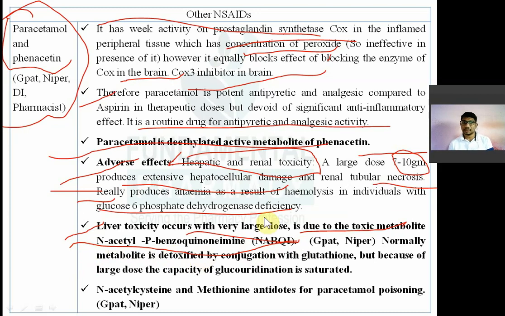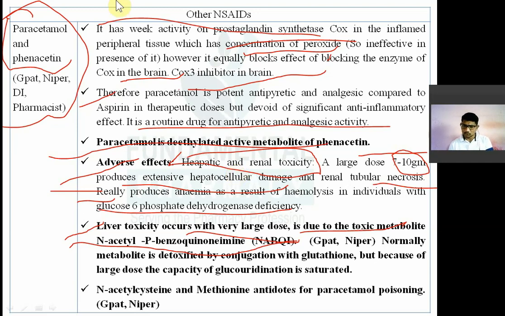Okay, so if you take paracetamol beyond the therapeutic dose, in this range of 7 to 10 gram per day, there is generation of one toxic metabolite of paracetamol known as N-acetyl parabenzoquinone imine, NAPQI, that reacts with the hepatic cell and is toxic to it, causing hepatic cell necrosis. That is nothing but necrosis or cirrhosis of the liver. Remember this. Normally, this metabolite is removed from the body by conjugation with glutathione. You might have seen in drug metabolism, second phase metabolism, glucuronide conjugation, glutathione conjugation. Paracetamol metabolite is removed by glutathione conjugation.